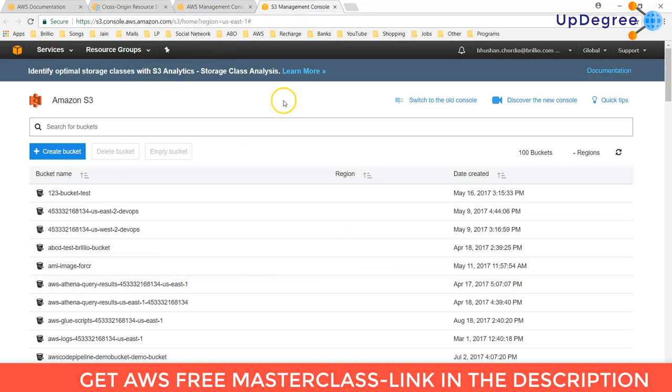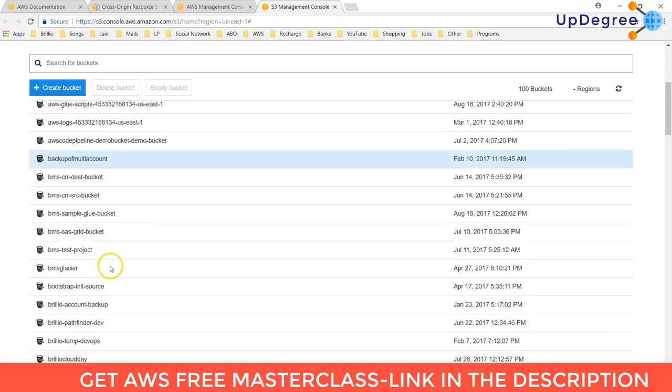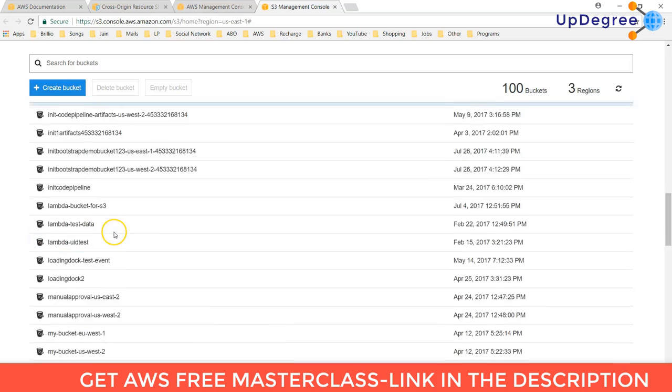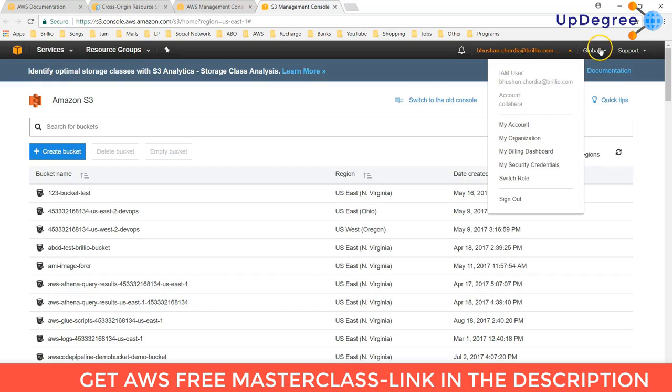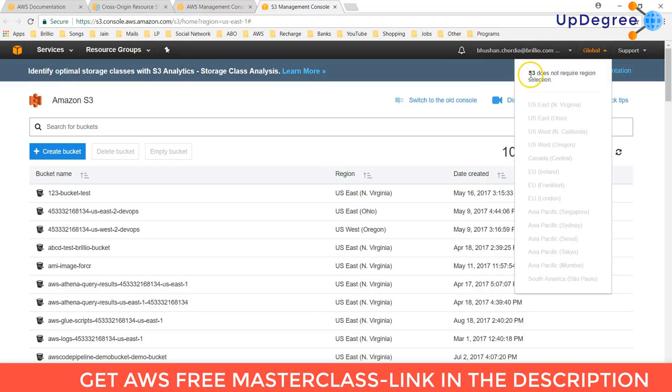This is what a typical Amazon S3 console looks like. These are all the buckets which are already created. You can see here the number of buckets, 100 buckets and 6 regions, and here you can see your account details. Buckets are stored globally, so there is no specific region for the bucket.